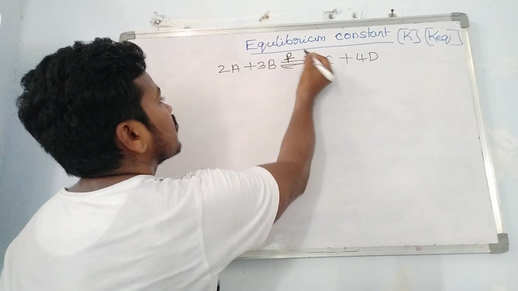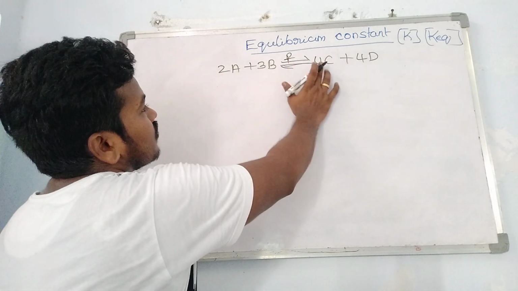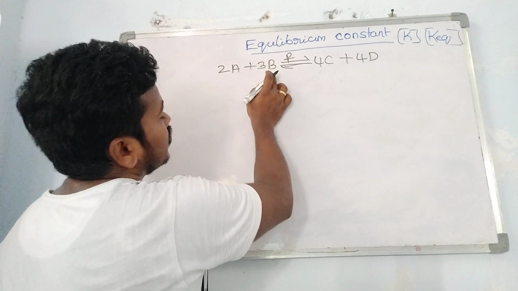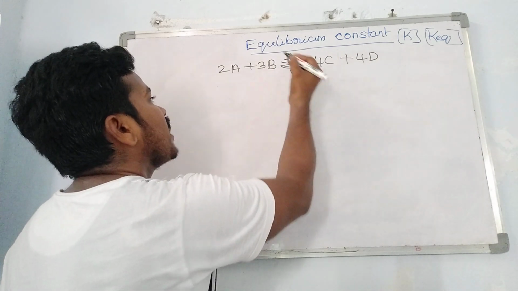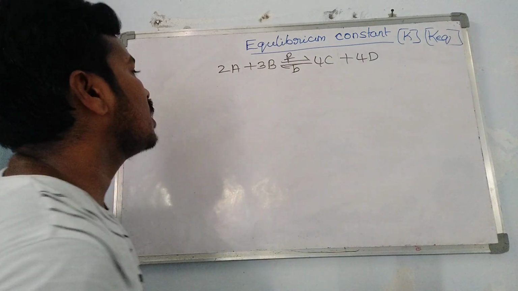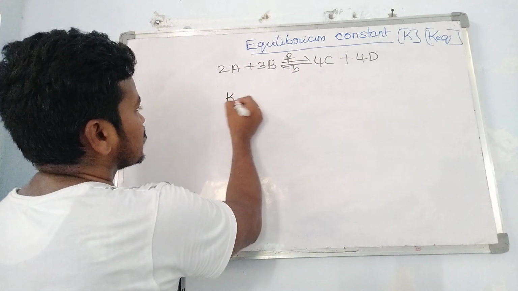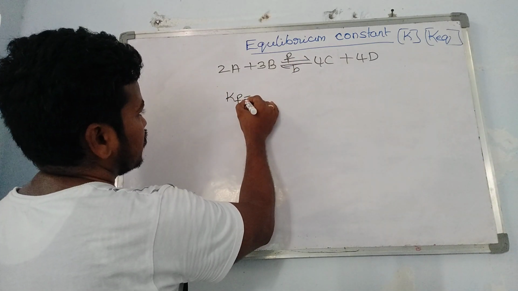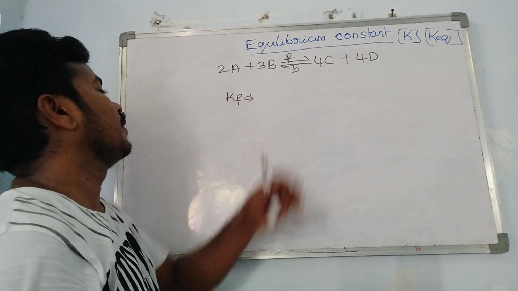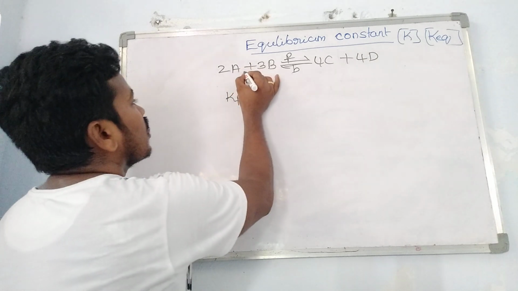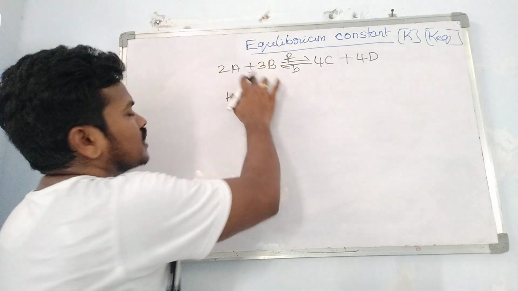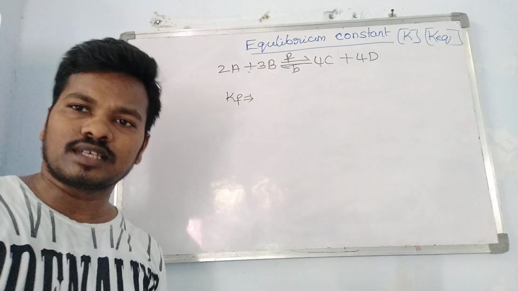This is called a forward reaction. Again, 4C plus 4D converted into 3B and 2A. This is called a backward reaction. So I want to write, as per the law of mass action application, the equilibrium expression for the forward reaction. Some of these may be solids, but no problem. While doing many examples, we will do that expression.